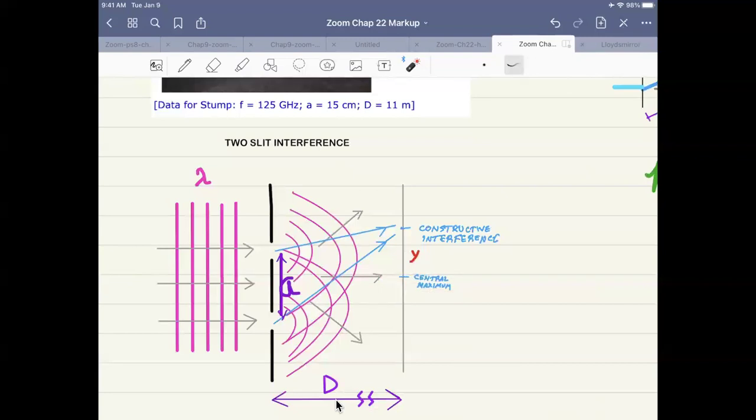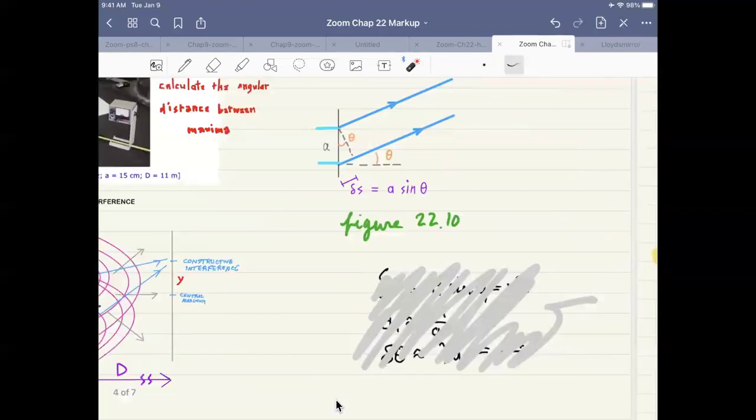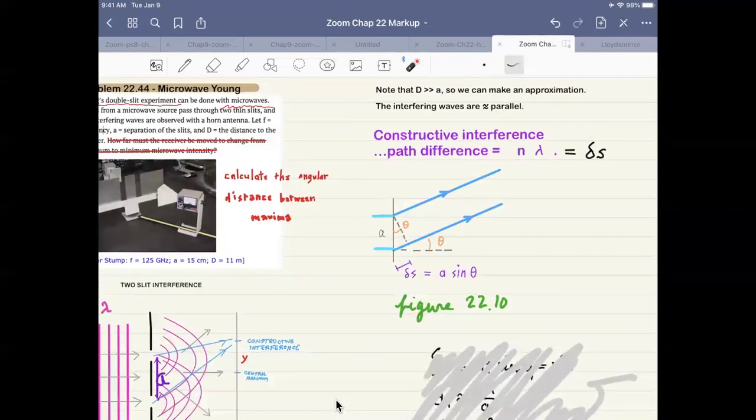angle will be a region of constructive interference because a wave coming from here to here and a wave coming from here to here, they would be in phase. And so they would add, making high intensity constructive interference. So there'll be a central maximum and then alternating maximum, minimum, maximum, minimum, maximum, minimum. So that's the picture. Now to analyze,